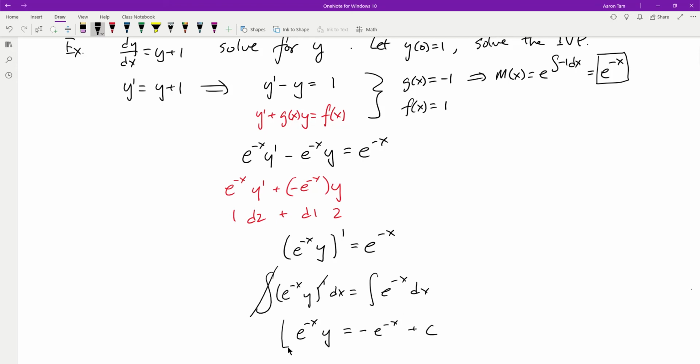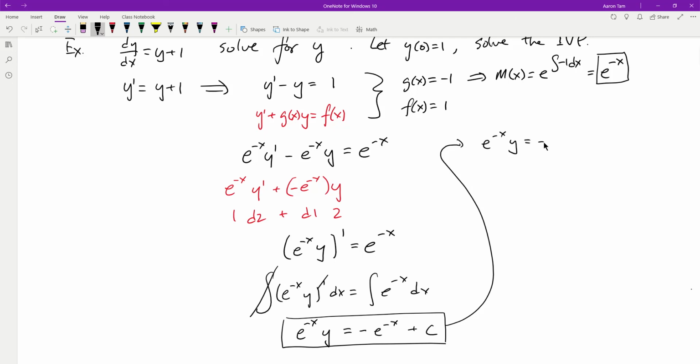So now that is kind of our general solution, almost. Now what we do is write out the answer correctly. So what I'm going to do is try to solve for y. To do that, I'm going to write out the equation again, and multiply the entire equation by e to the x, which will cancel out the e to the negative x. And when I do that, I'm going to have y equal to